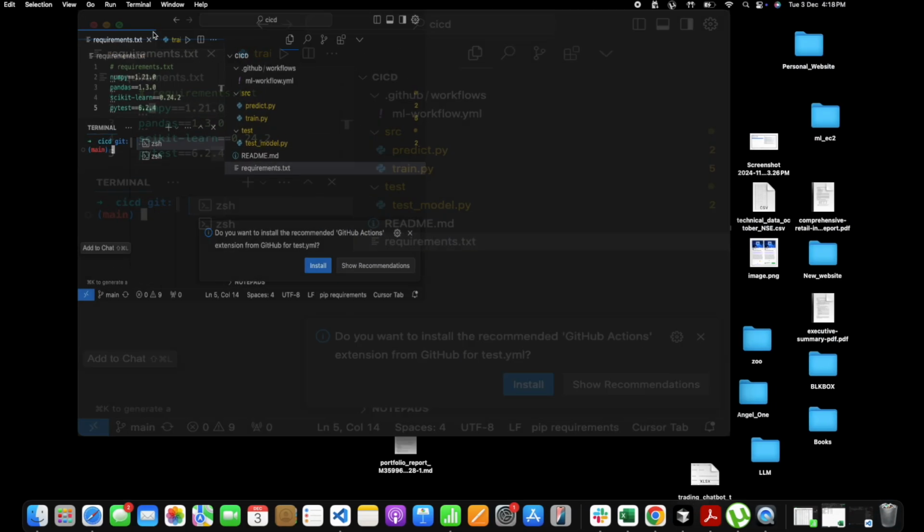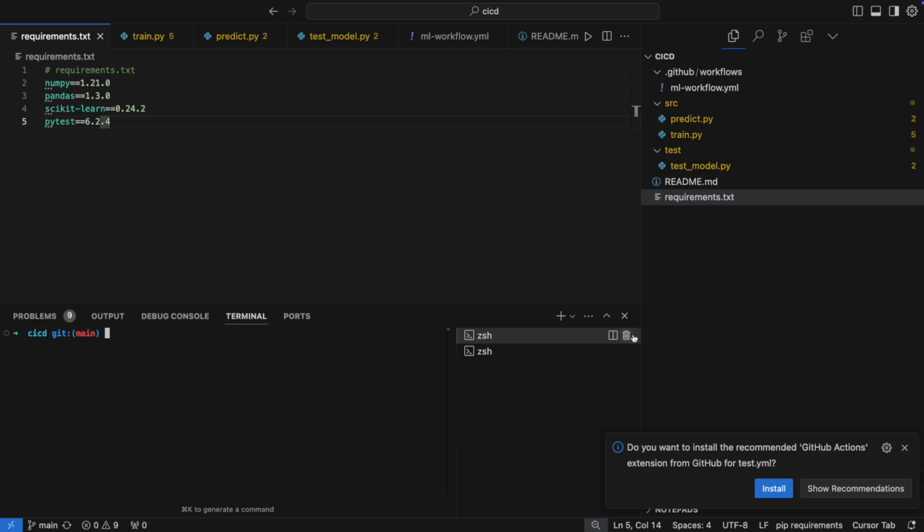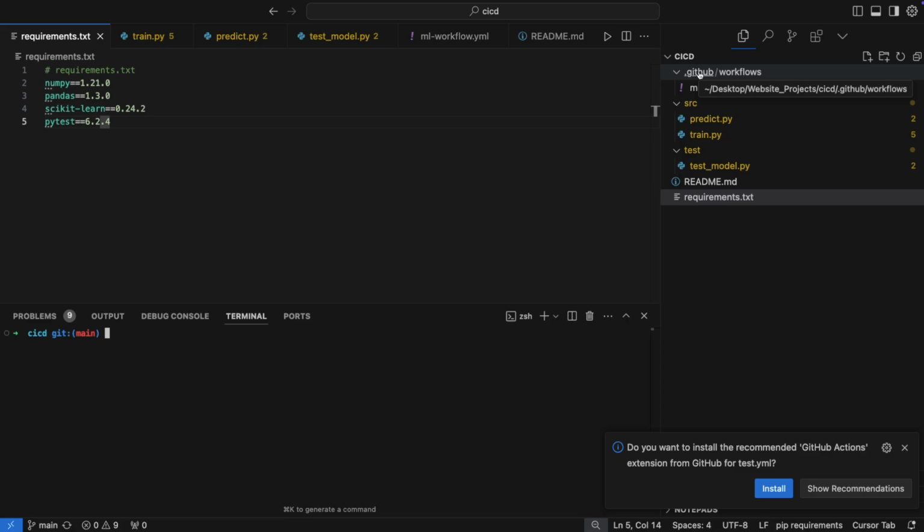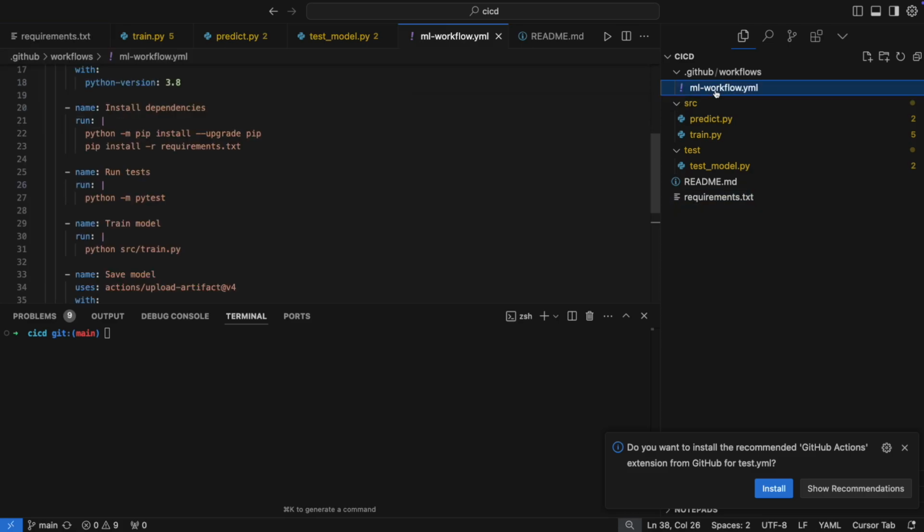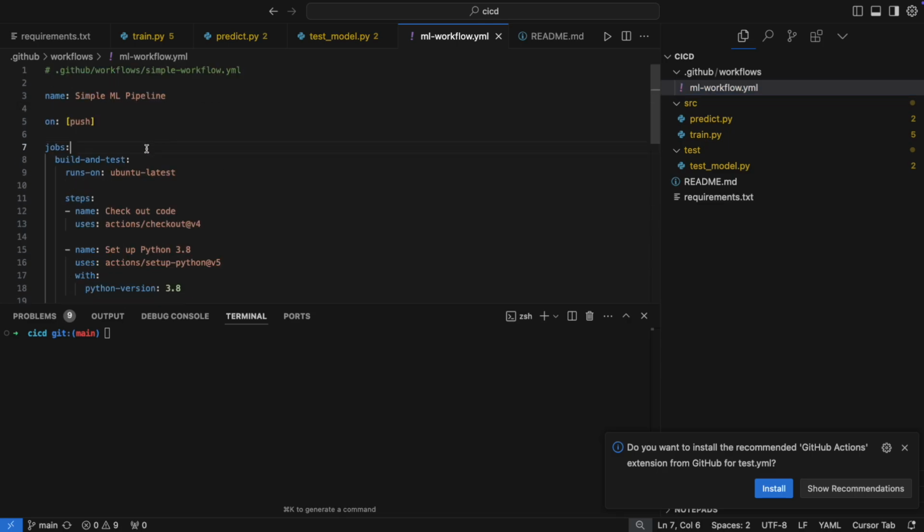All right. So what next? To create a CI/CD pipeline for your ML project, you need to create a folder called .github. Inside that, there should be one more subfolder called workflows. Then you can define multiple workflows in your workflows folder. Here I have a workflow defined as a YAML file. For defining a workflow in GitHub Actions, you have to use a YAML file, that is a .yml file. I will show you what is in my YAML file. You can name it whatever you want. I have written the name as simple ML pipeline.